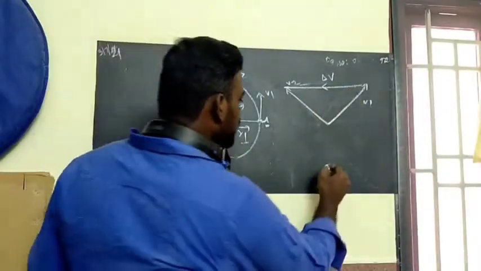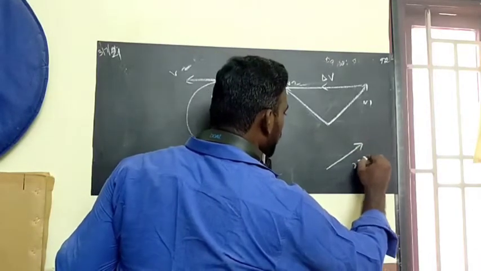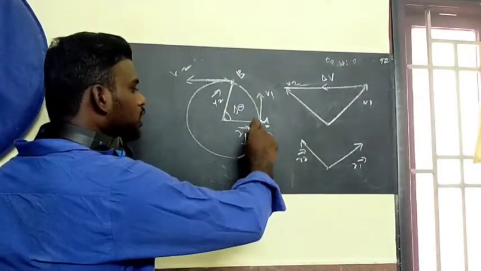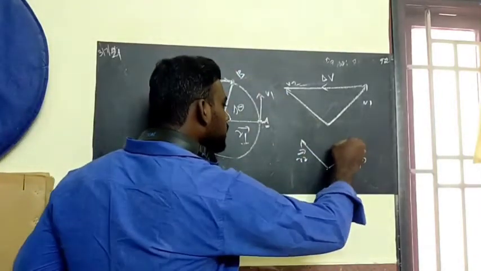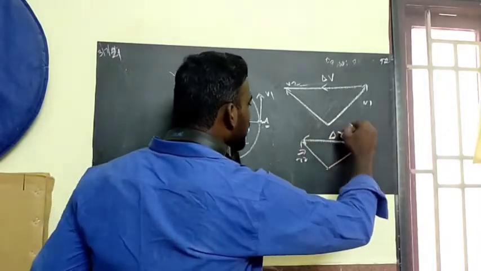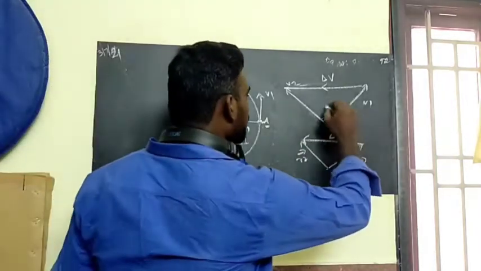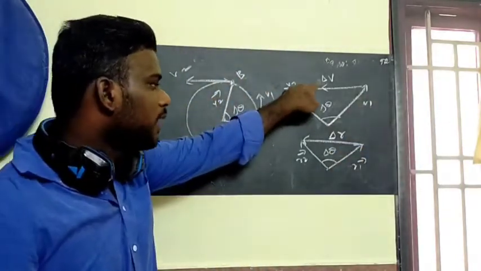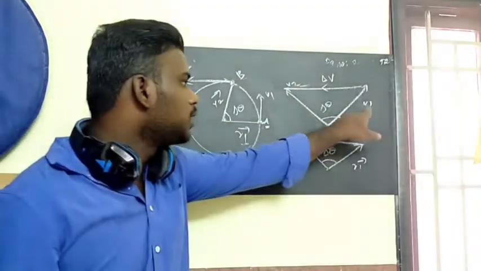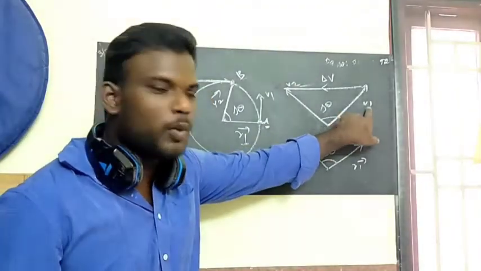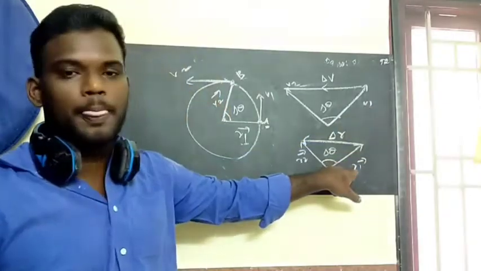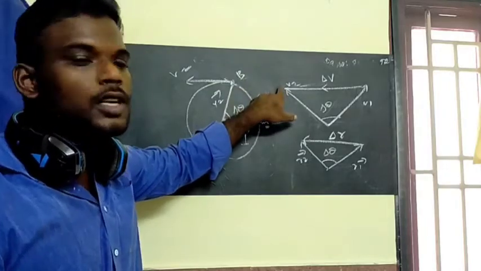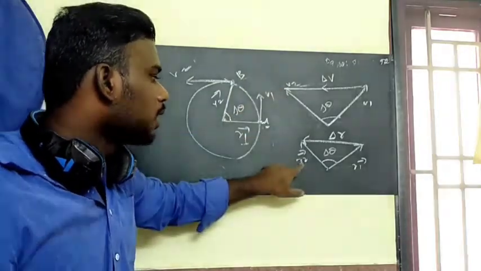Likewise, see the position vector. This is R1 vector and this will be R2 vector, and you know that the particle is moving from R1 to R2. Our displacement vector is called del R. Here also we have some angle del theta. So this is the change in velocity, and this is called the displacement vector. The velocity of the particle at point A is V1 and its position vector is R1. The velocity at point B will be V2 and its position vector will be R2.